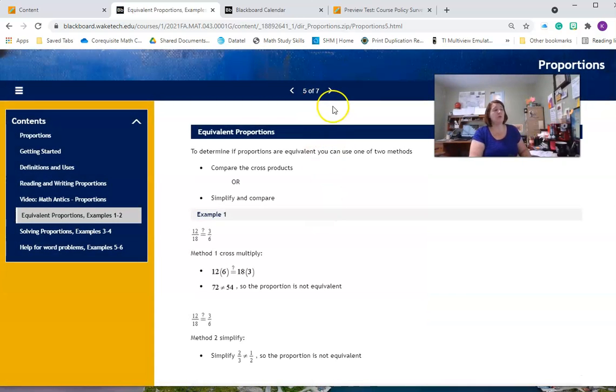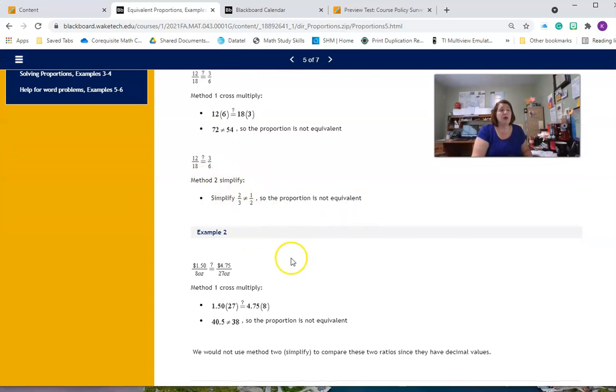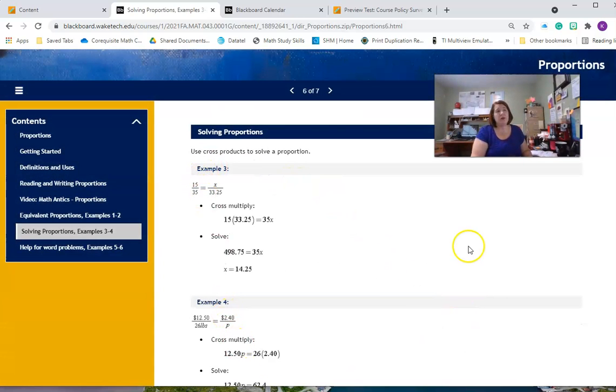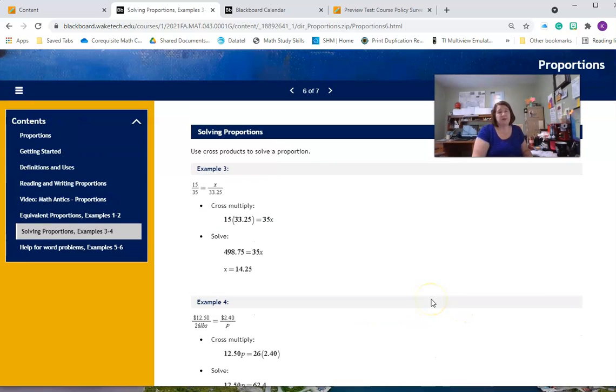So anytime there are workbook examples, I will have worked them in the lesson. So here you can see I've done example 1, and I've shown you the method I used and all the work done for that, or method 2. And then there's example 2 on our next one. We have examples 3 and 4. Depending on the lesson, there may also be a video of me working the problems, just depending on how much time I had to get the lessons completed, and the material in some cases. So you will have those. Please make sure you go through the lessons before you attempt the problems.